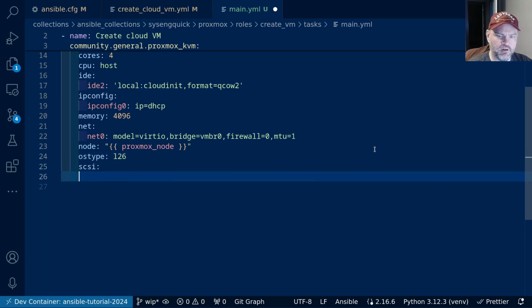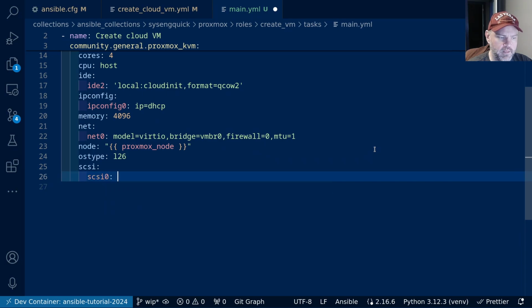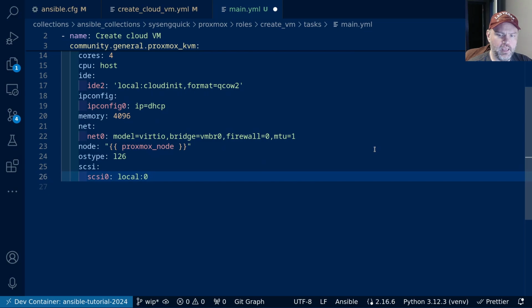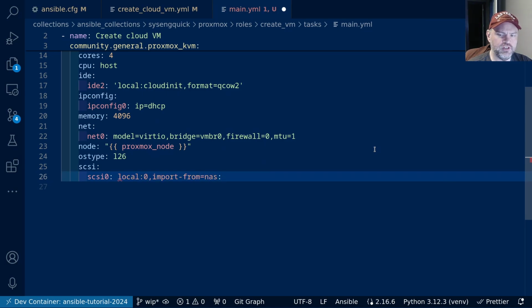Now we have our SCSI settings, and SCSI0 is going to be, I'm going to place the disk on the local storage pool, and we say :0 to import the disk. We use the import-from property to tell it where to pull from. And I want to use my NAS storage, and that's why we changed it from being /var/lib/vz to /tank/NAS, because that's where my NAS storage is. So it's going to be